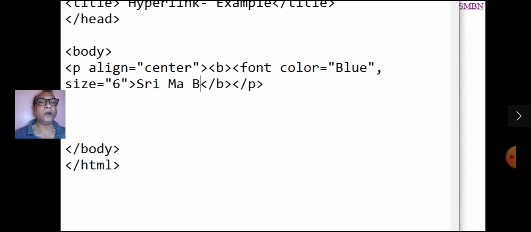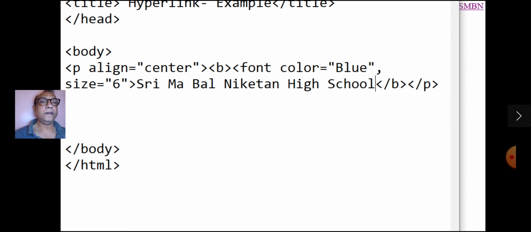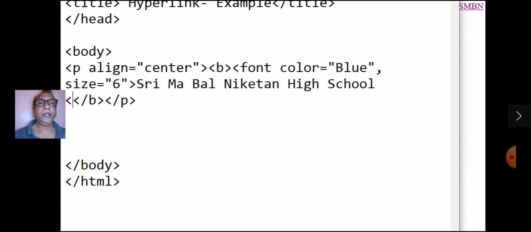So when you click on SMBN, it is linked to this particular file, that is smbn.html. Now save the file.